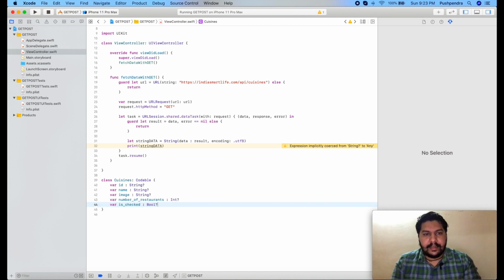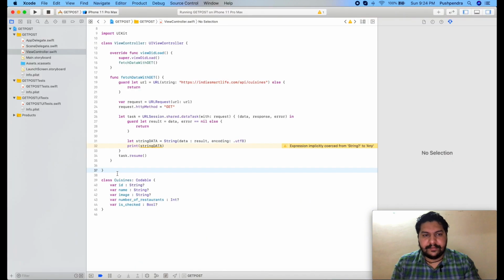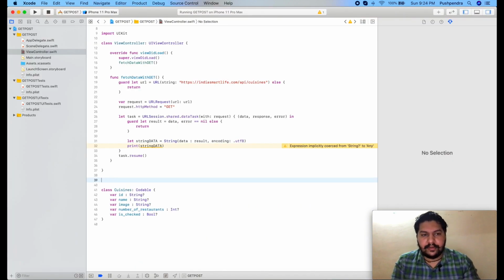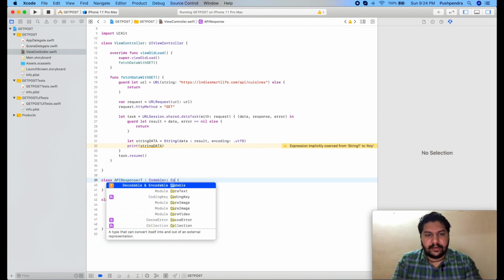Fine. After that, as you can see, this is the part of the data, so this is one more class we have to create. This class will be a generic class. So again I need to create one more class, APIResponse, and this will be of generic type, T as Codable, and this is also Codable.